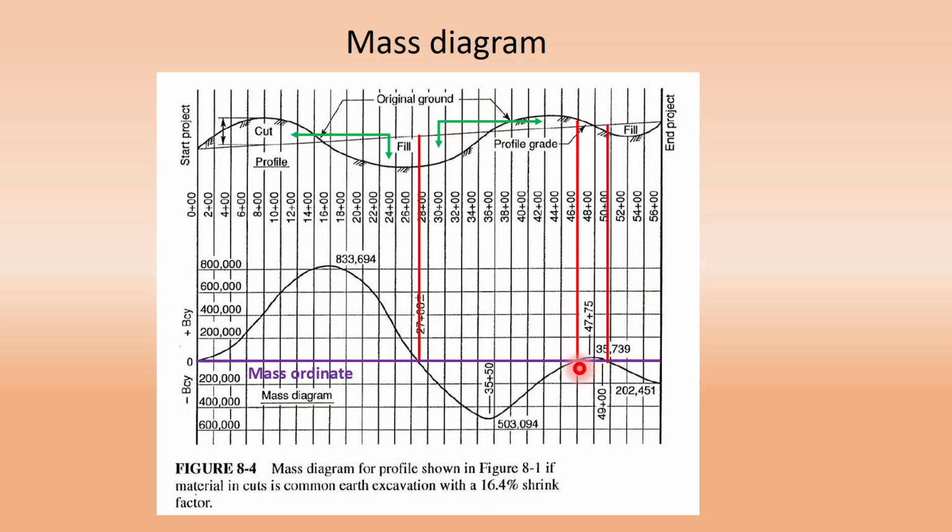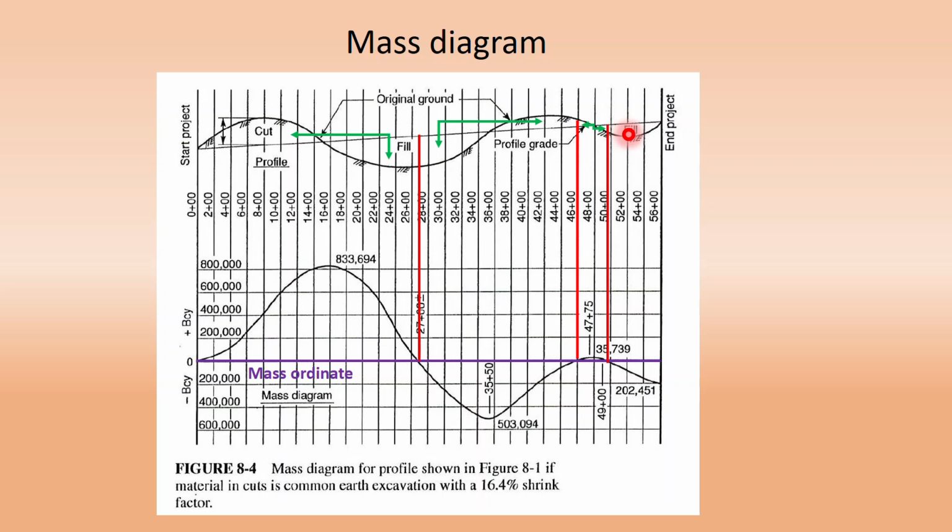We've balanced to 0 at this red line. So that means we have these two little sections that are going to balance for one another, and we can move that cut over into that fill. And because we were 200,000 cubic yards deficient at the end of our project, this is the location on the project where we're going to have to bring in our